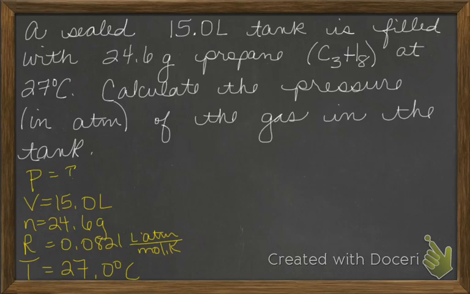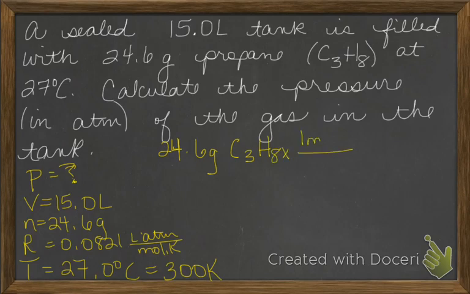We can't just start plugging numbers into the ideal gas equation, because we know that amount has got to be in moles, and that temperature, Celsius, has got to be converted to Kelvin. So if we take 27 degrees Celsius and add 273 to it, we would have a Kelvin temperature of 300 Kelvin. And likewise, we've got to take that 24.6 grams of propane,